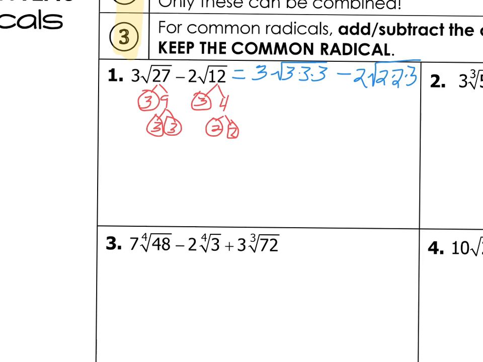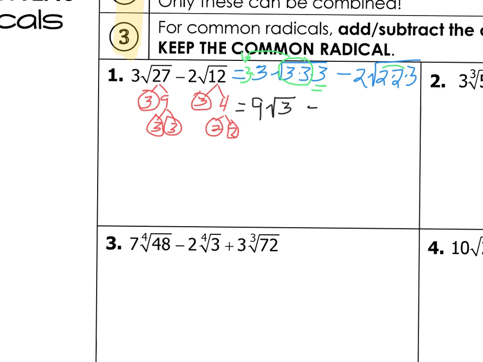Okay, so remember from yesterday's lesson that since our index is 2, we're going to look for groups of 2, and only one from that group comes out in front and gets multiplied to what's in front. Whatever's left over stays underneath. So this becomes 3 times 3 is 9, square root, and then we have that 3 left over. So again, I did 3 times 3 is where that 9 came from, and so then this goes away, and then this 3 goes underneath. And then minus,